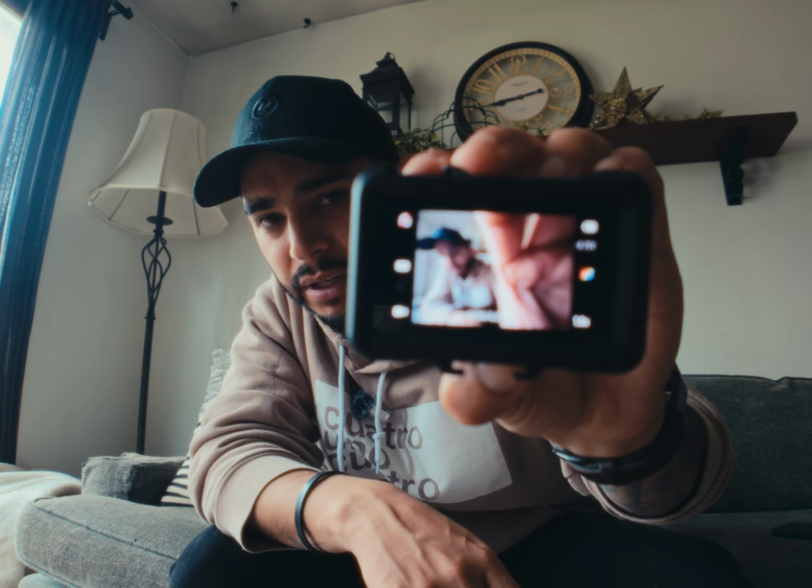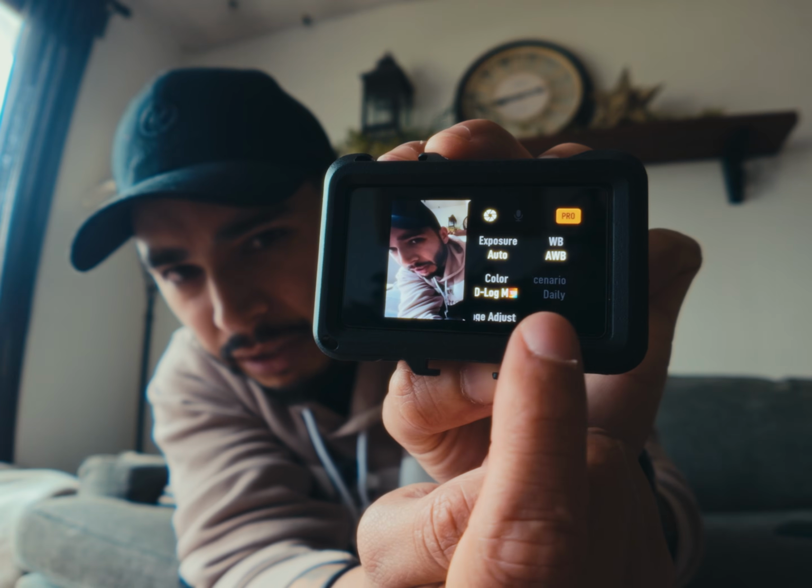Leaving everything in auto means that on the camera, let's take the Action 5 for example. It's gonna be the same thing on the Osmo Pocket 3, but since we're filming on it, we're gonna use the Action 5 camera. Let me turn this thing on. Okay, so right now, I'm gonna just tell you the settings because if I show you like this, you won't be able to see it. If I go to the right menu where the color settings are and all that stuff, and I go to exposure and I'm in auto,